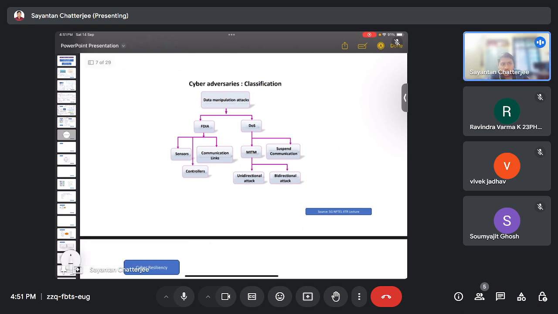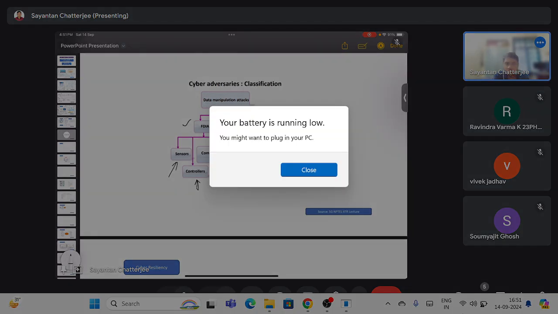Here we have data manipulation attacks, where FDIA and denial of service attacks are the main types. FDIA mainly affects the sensors, controllers, and communication links, whereas the DOS